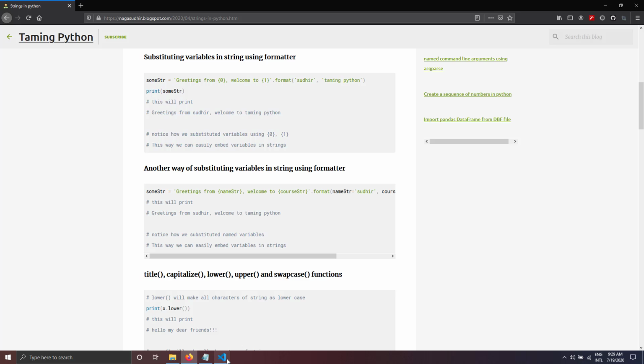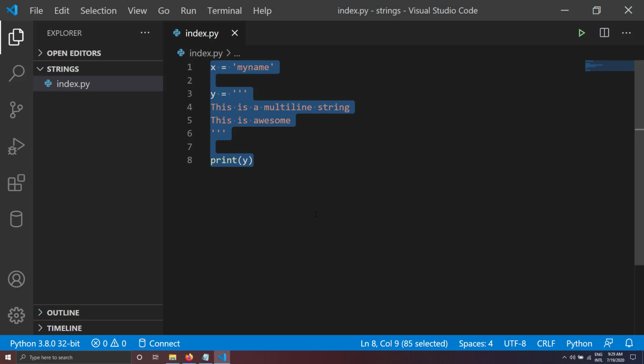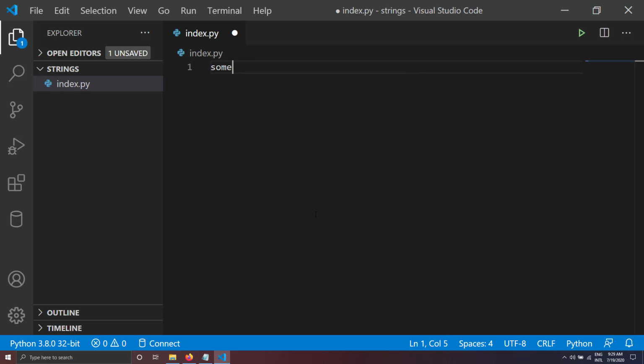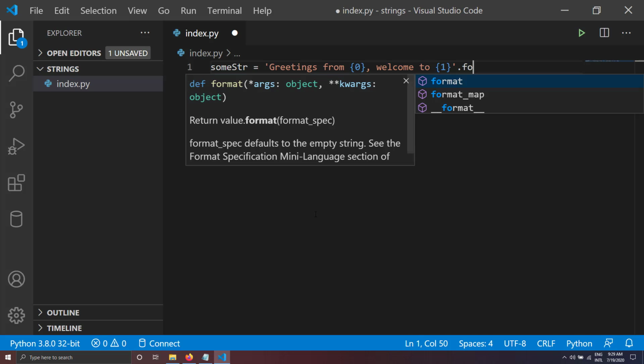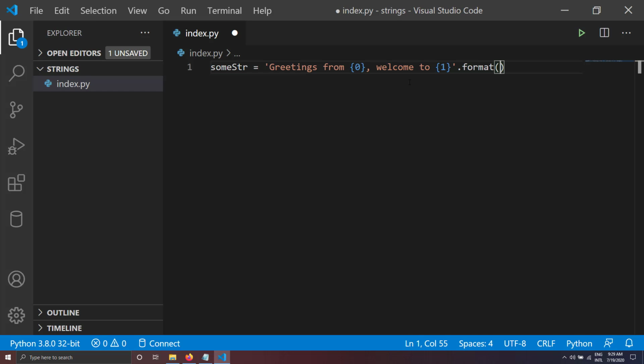Let me demonstrate it. I'll just delete the whole thing. I'll write some string equal to greetings from, and I will write the substitution number here 0, and I'll write welcome to, and second variable 1. So now I will format the string using this format, and then I will write my 0.